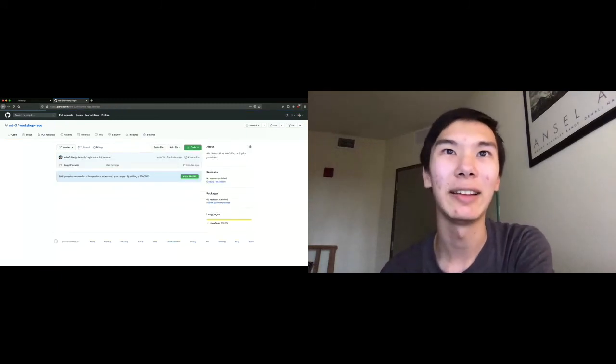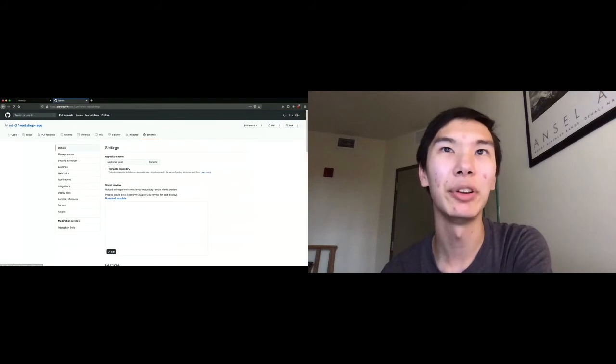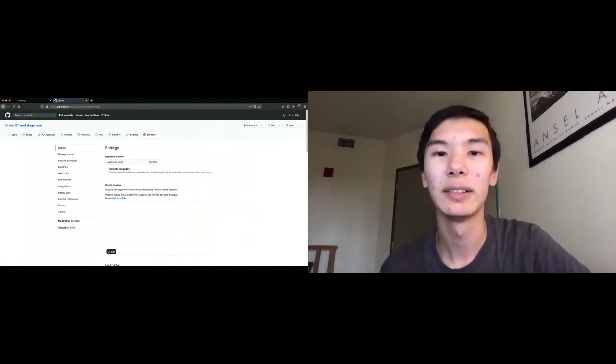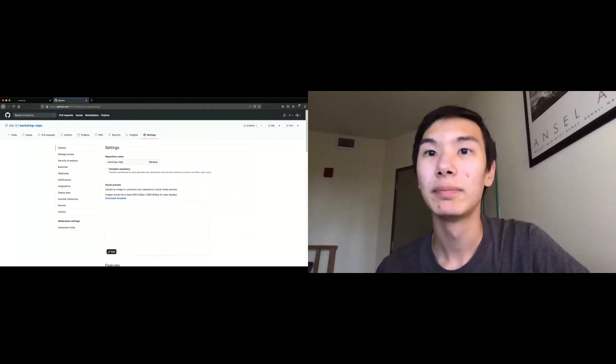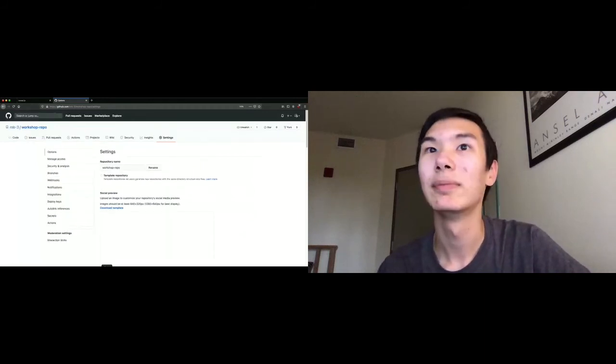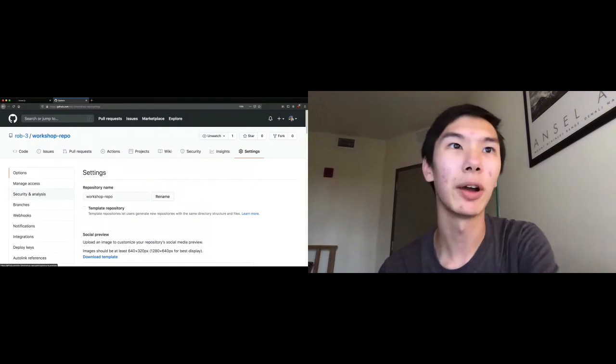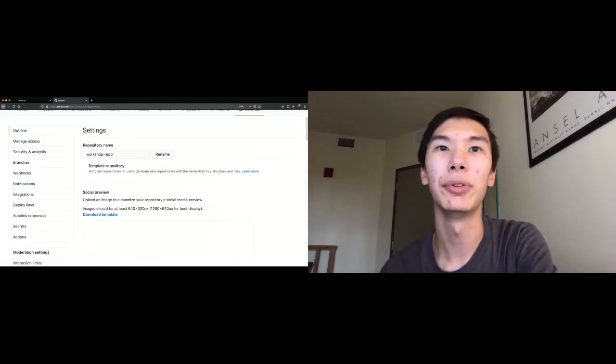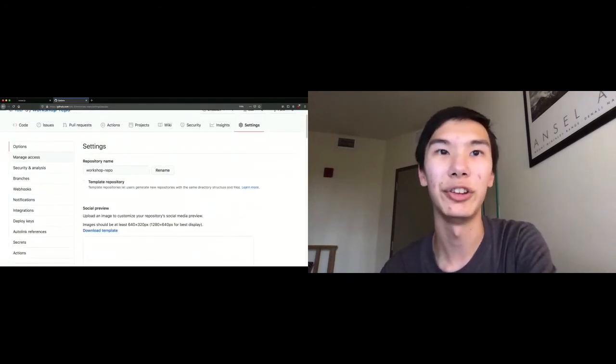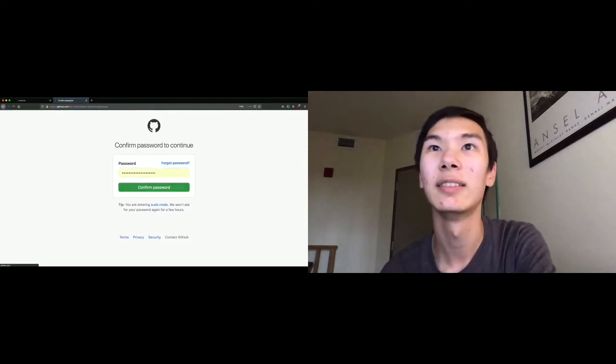And yeah, there's that. Now let's say something you might want to do is, if you're working on a team, let me make this bigger. If you're working on a team, you probably want to add other people to your repository so you can all work together. So you just go here to settings,